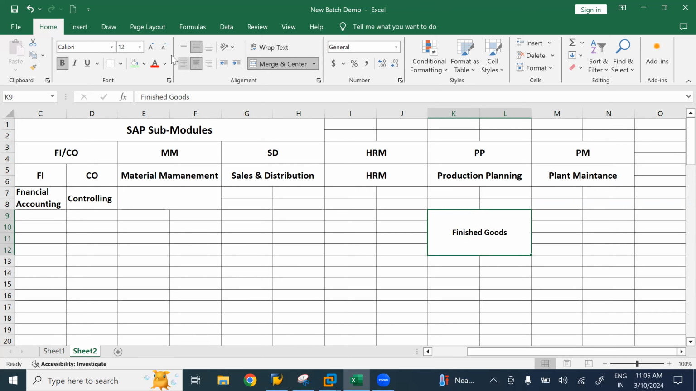Whatever finished goods they are going to manufacture. Suppose some car manufacturing company is there, a bike manufacturing company is there, a furniture manufacturing company is there, an electrical item manufacturing company is there. So the end result is some product they are going to manufacture. To manufacture this product,